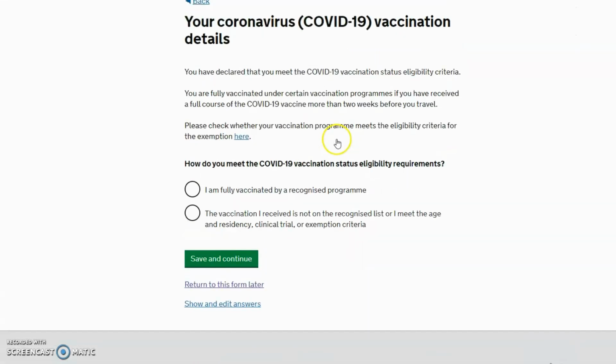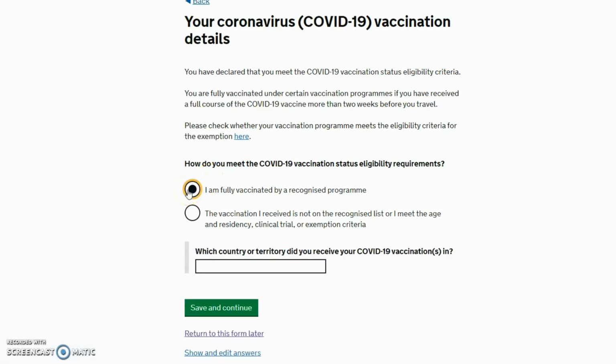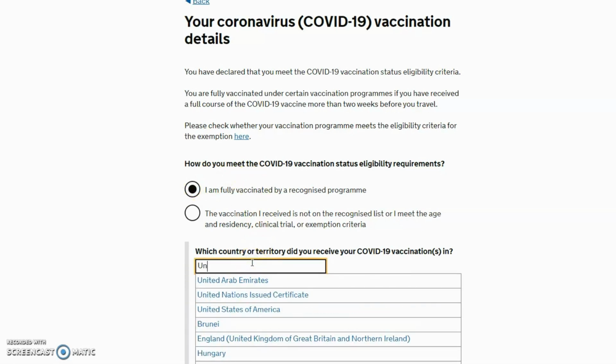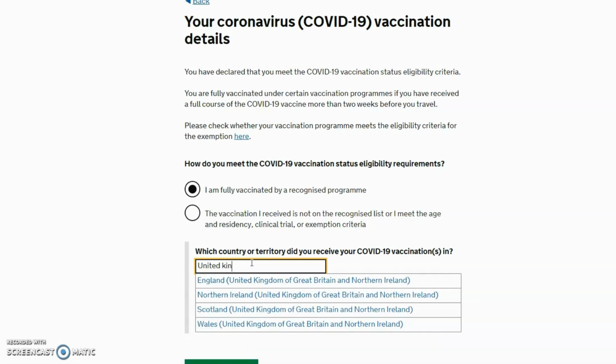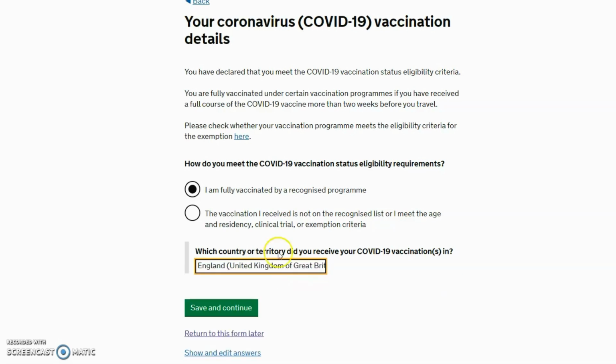Now, at the moment, as you know, if you're coming from the UK, you have to be fully vaccinated. So we're going to assume that everybody is fully vaccinated. And then you put which country did you receive the vaccination in? And that would be the United Kingdom. Okay. If you're not fully vaccinated,